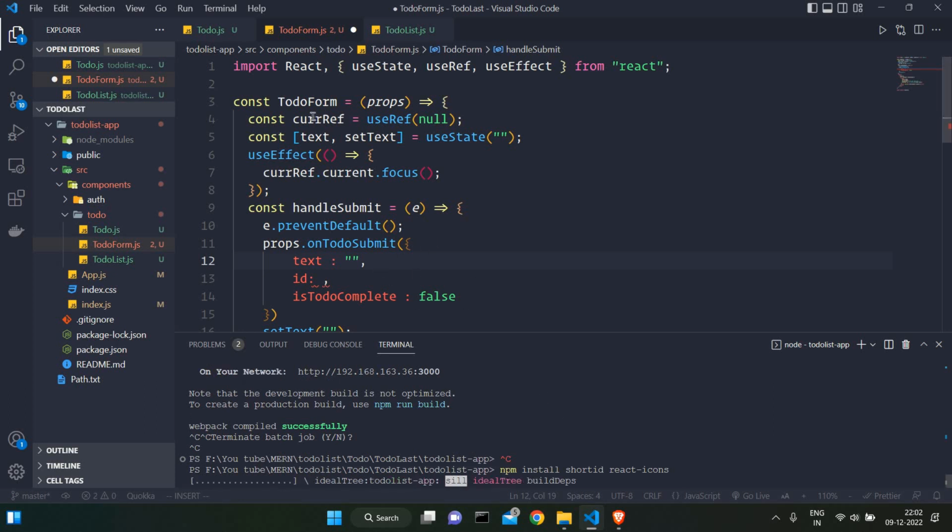So this short id library provides you unique short IDs which you can assign to your components or the values so that you can access them uniquely. Okay,